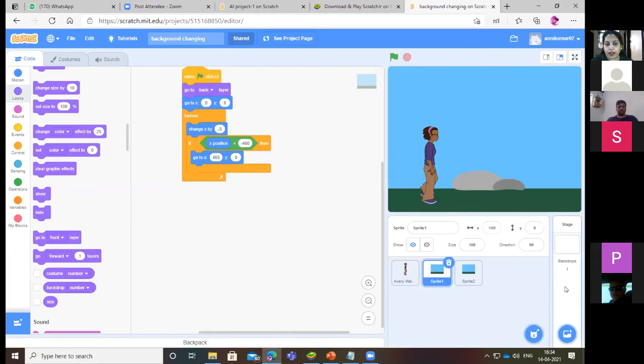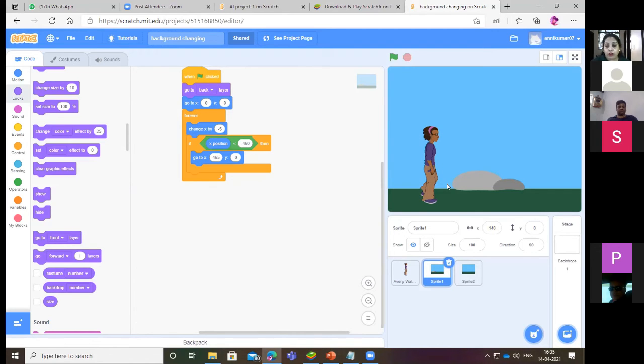Okay. I hope this is clear to everyone. And then one more thing, the Scratch window starts from, if you see this one, your coordinates. The horizontals are the x-axis, the verticals are the y-axis. The leftmost position of the horizontal axis is -240 and the rightmost position is +240. Okay, and at the center is 0, 0.